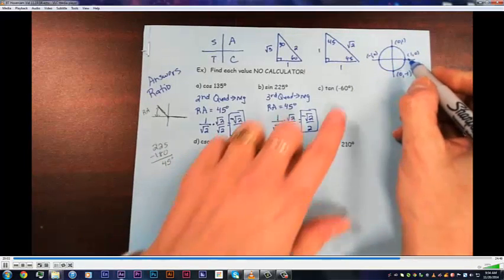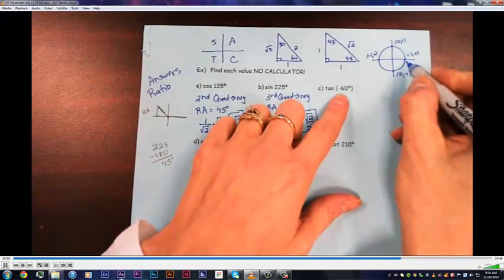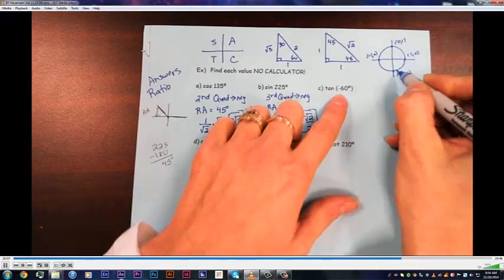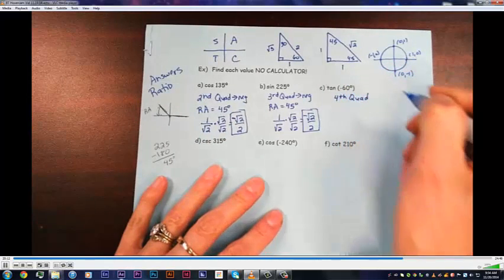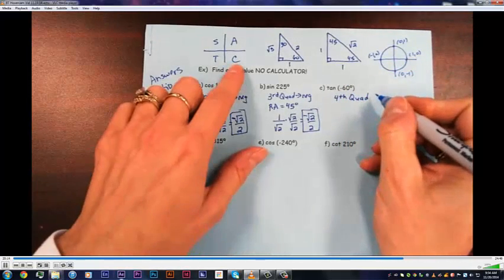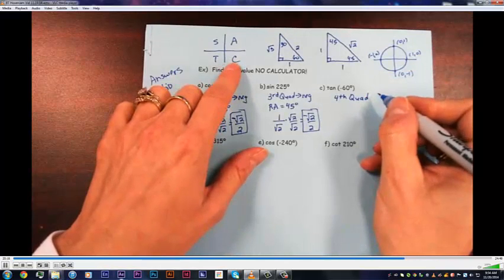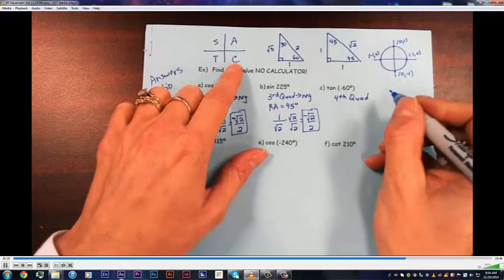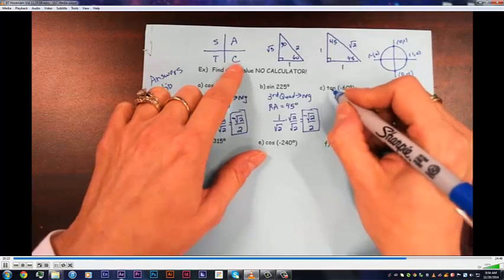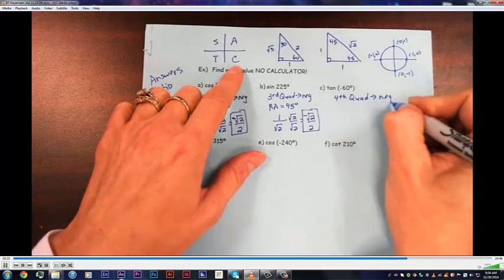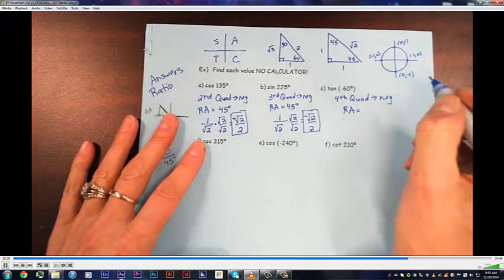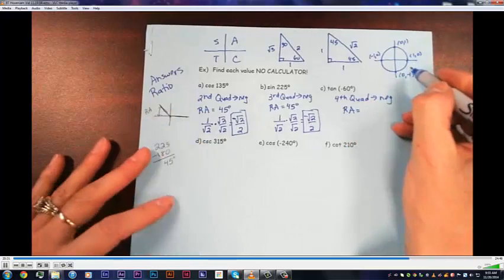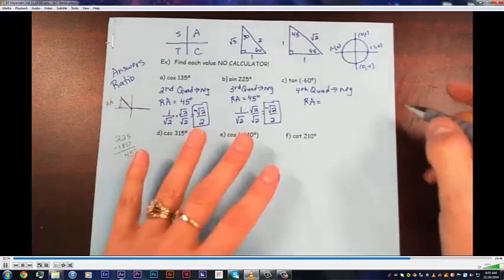Okay, negative 60 degrees. Negative 60 degrees goes backwards, so we're really in the fourth quadrant. Okay, tangent in the fourth quadrant. What's the only thing positive in the fourth quadrant is cosine, and its reciprocal partner secant. So tangent in the fourth quadrant, again, is negative. Lots of negative ratios. Okay, reference angle. The reference angle of negative 60 degrees. Okay, so if I drew that picture,